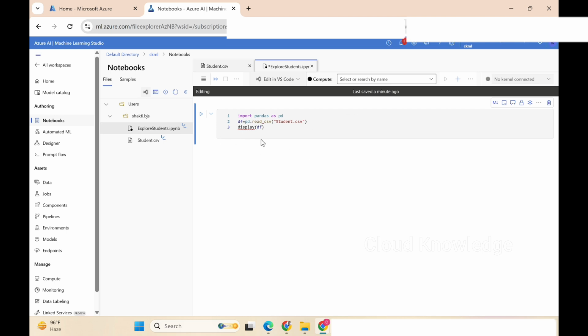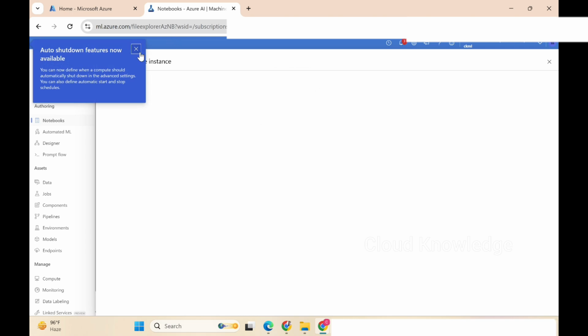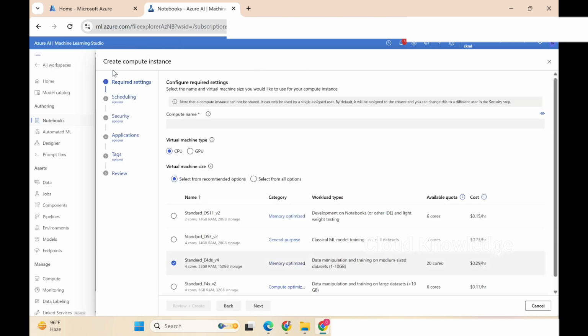For execution of this cell, you need compute also. Let's create a compute instance. So we'll click on create compute instance. It will give you these options. The first is the required setting, compute name. So let's give the name